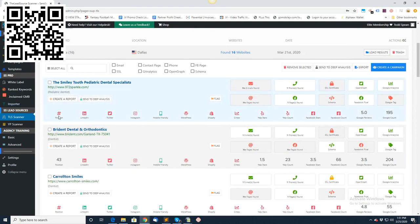And you can see here, it tells you the position of the keyword, LinkedIn profile, Twitter profile, Instagram profile, mobile friendly or not, WordPress, Shopify, Criteo, paid ads, Yelp stars, Yelp count, Facebook stars, Facebook count, Google reviews, Google count, and then this other stuff I went over earlier too. So it's the same exact thing, just a different data source,